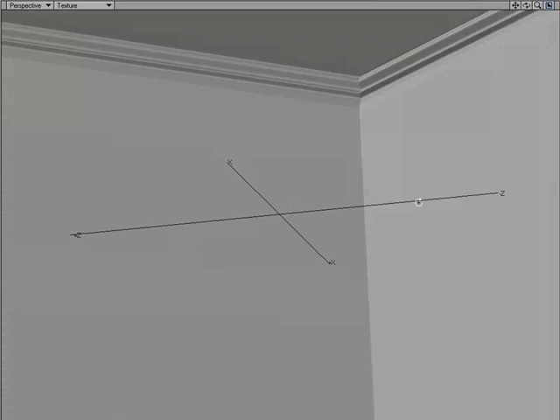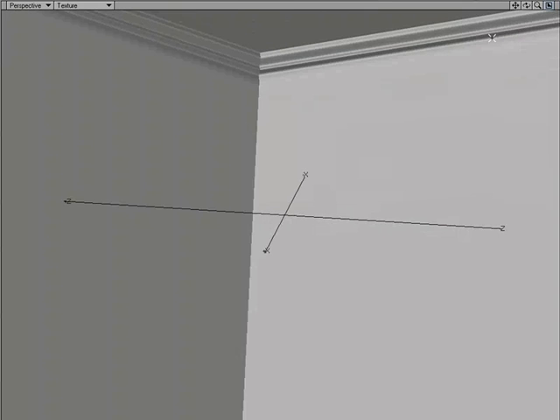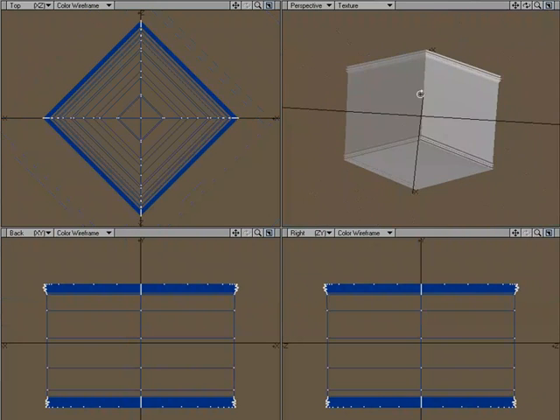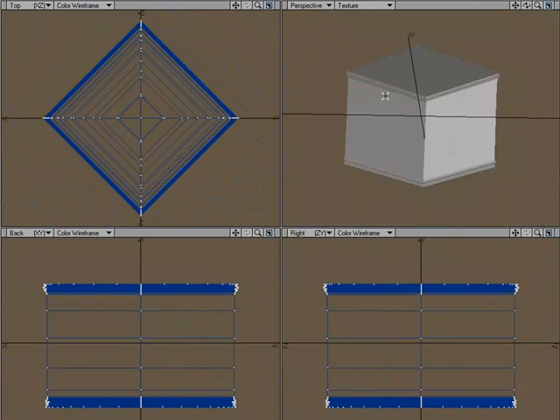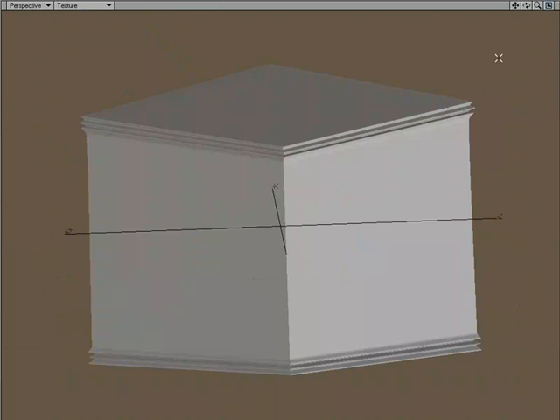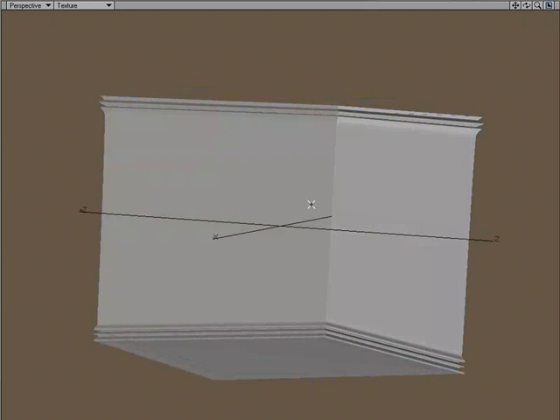Okay, so you can get real creative with the lathe tool. Don't think it's just for creating round objects. Because just looking at this, we could also use this to create some really ornate picture frames, of course the molding like we see here. So the lathe tool offers us a lot of different options for creating various pieces of geometry very quickly by sweeping a shape. It doesn't have to be just a polygon, it could be a curve, but you sweep a